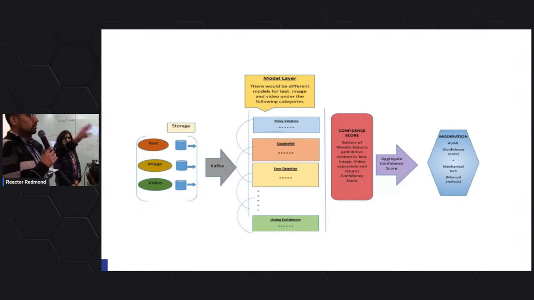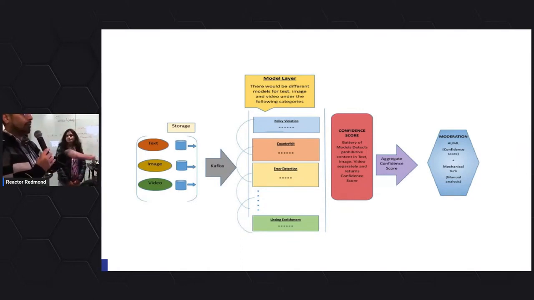That's the reason that for as many classes as you have, you build as many models. That's what we are calling filters here: each filter will be built, and then even for just one filter we are building multiple models, because you want to ensemble them. You can't be confident on just one model. You need to use different algorithms to get the same answer. And that's not good enough. We need to do the same filter on the text, the same on the image, the same on the video,